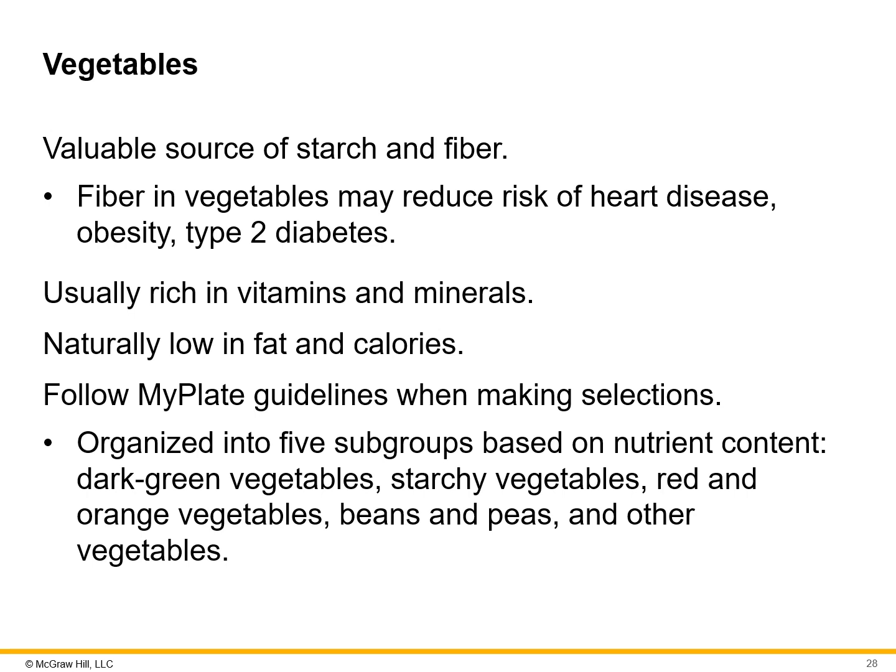All right, looking at our vegetables as a source of carbon or carbohydrates, they, again, have a different source of starch, but also fiber. Again, thinking about the pectin in the apple or the cellulose in the cell wall. So the fiber in the vegetables may actually reduce the risk of heart disease, obesity, and type 2 diabetes. Also has a lot of vitamins and minerals in them, and typically low in fat and calories. But again, follow the MyPlate guidelines about selecting, and again, have a variety of them, not just the same one